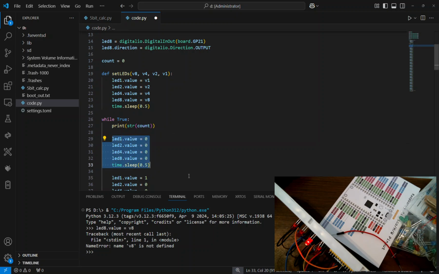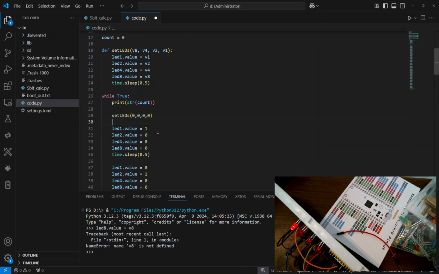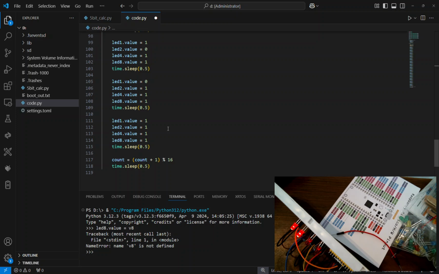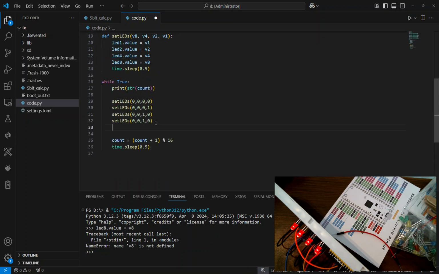So all of this is going to turn into set LEDs 0, 0, 0, 0. That's it. So now we can get rid of all of this one. And then the next one is set LEDs, and we want to set it to 1. And that gets rid of all of this. And then the next one, we want it to be 2. That's that. So now we can take all these hundreds of lines of code and compress it way